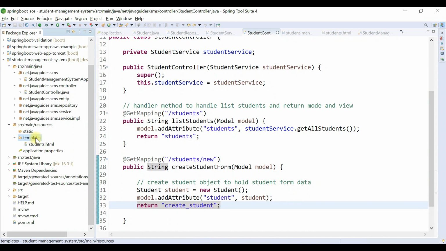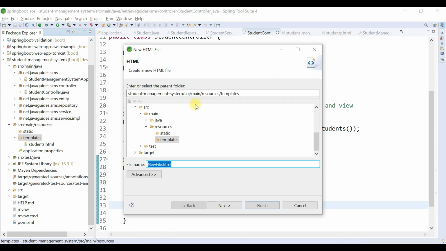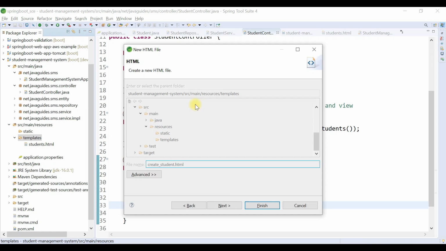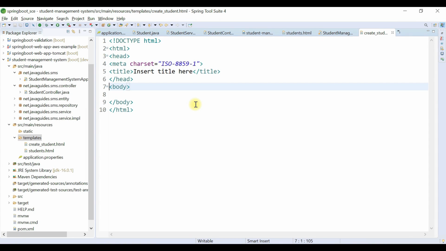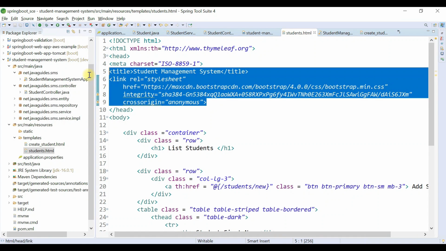So go to the templates folder, right click on the templates folder, New, and then choose Other and search for HTML file, and just provide the file name as create_student.html, hit enter. Okay, now go to the students.html file, and let's copy this Bootstrap CSS link and also the title.